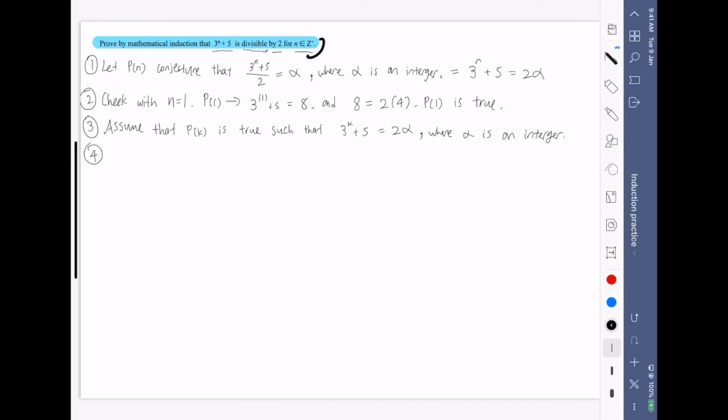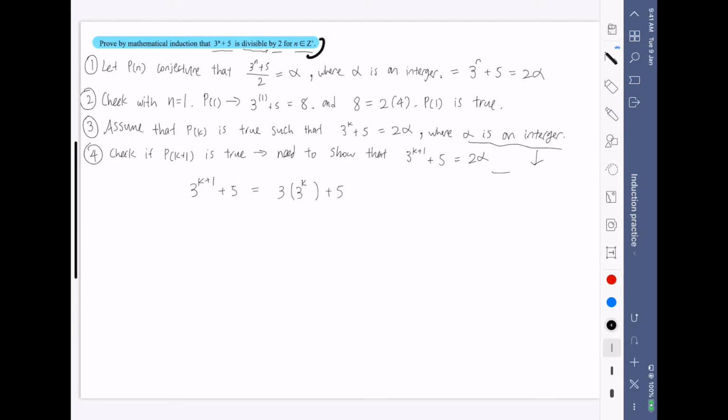So here we will be writing that we check if Pk plus 1 is true. So we need to show that 3 to the power of k plus 1, plus 5 is also equal to 2 alpha, where alpha is an integer again. Okay, so let's do it. So if we see this expression 3 to the power of k plus 1 plus 5, we can rewrite it as 3 times 3 to the power of k